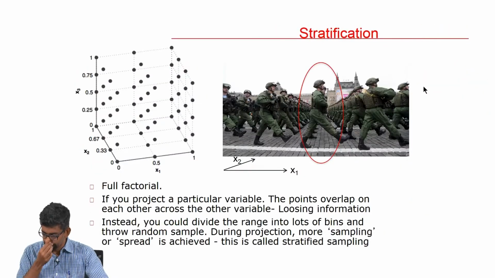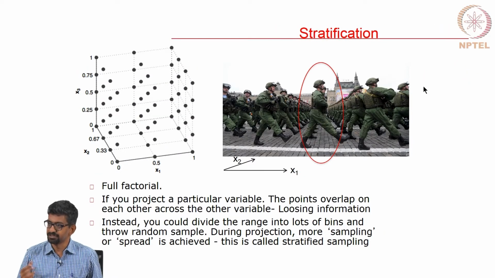With that idea, there is something called stratification, which is what people would like to do. There is a problem with the full factorial experiment. I practically want this to be an animation, but that is okay. So, the deal is, if you take a 3 variable case, just look at this, this is very similar to what I just showed you, that inscribed circle. Now take this x1,